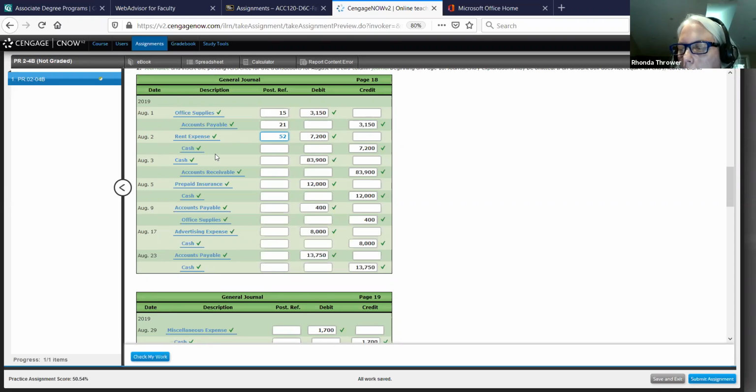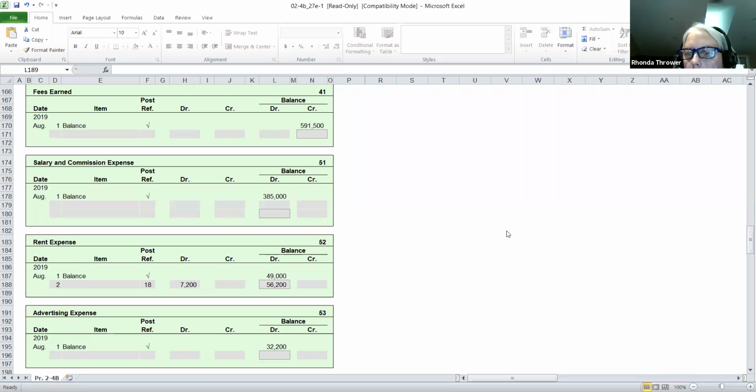My cash is going to be credited for $7,200 because that's what happened on the August 2nd transaction. I've got to move to my cash account in my ledger. So I'm going to stop sharing this. I'm going to go back to my ledger. I'm going to share it with you. And then I'm going to go to